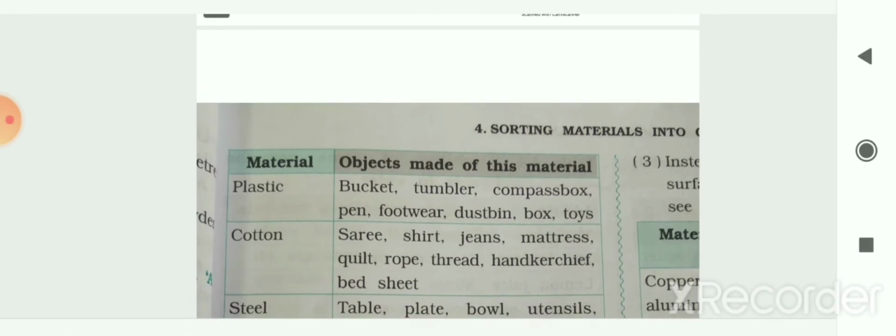So books, notebooks, newspapers, toys, calendars and magazines are made from the paper. The next is leather. So bag, shoes, belt, purse, wallet, watch strap or jacket. All these objects are made from the material that is leather.